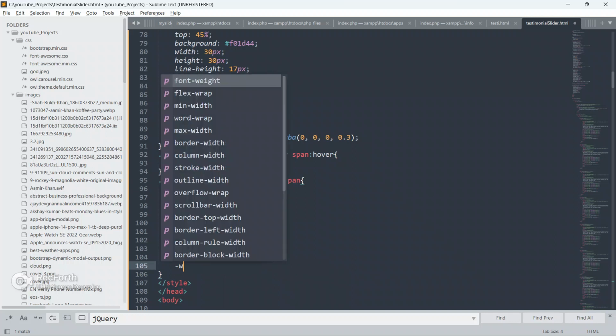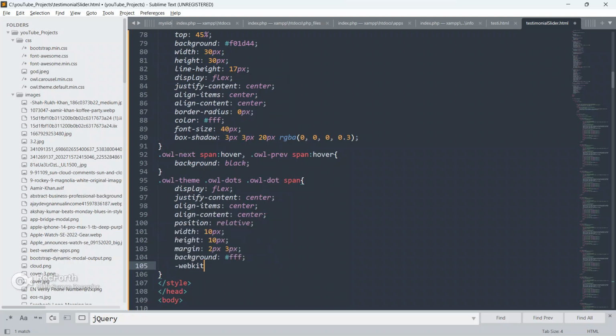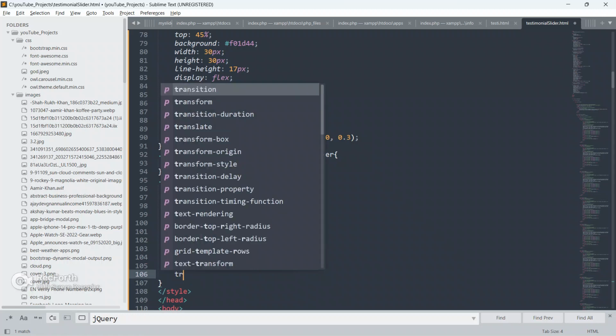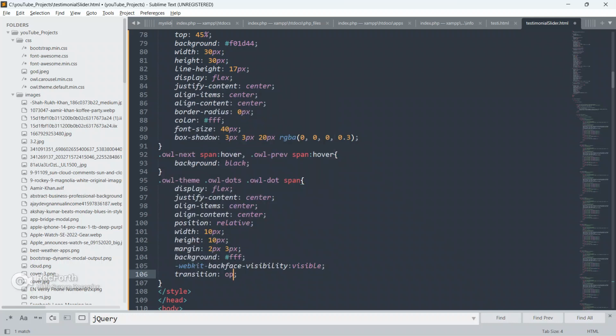give webkit backface visibility as visible. Okay, give transition opacity 0.2 sec. Okay,